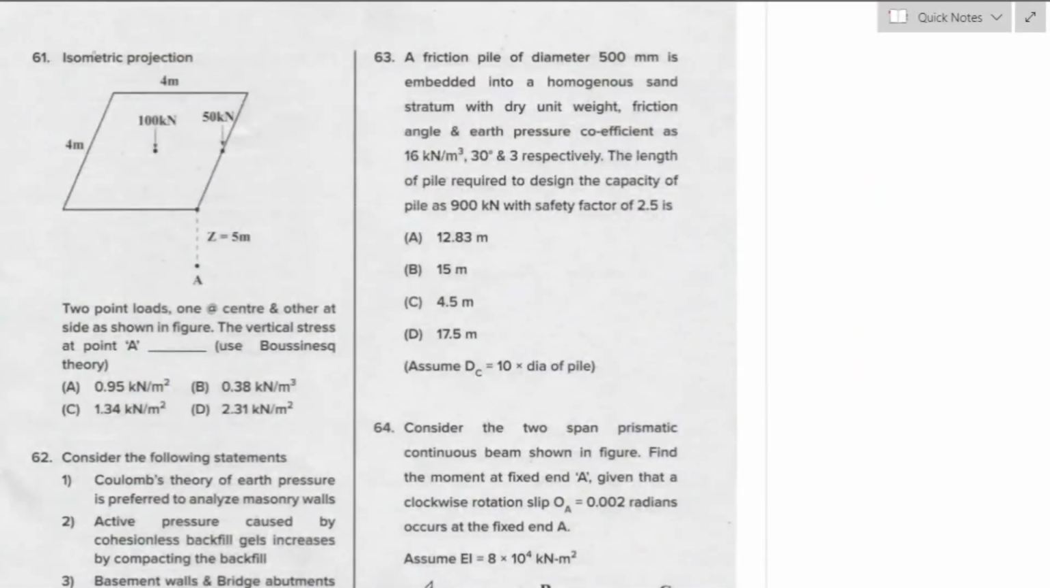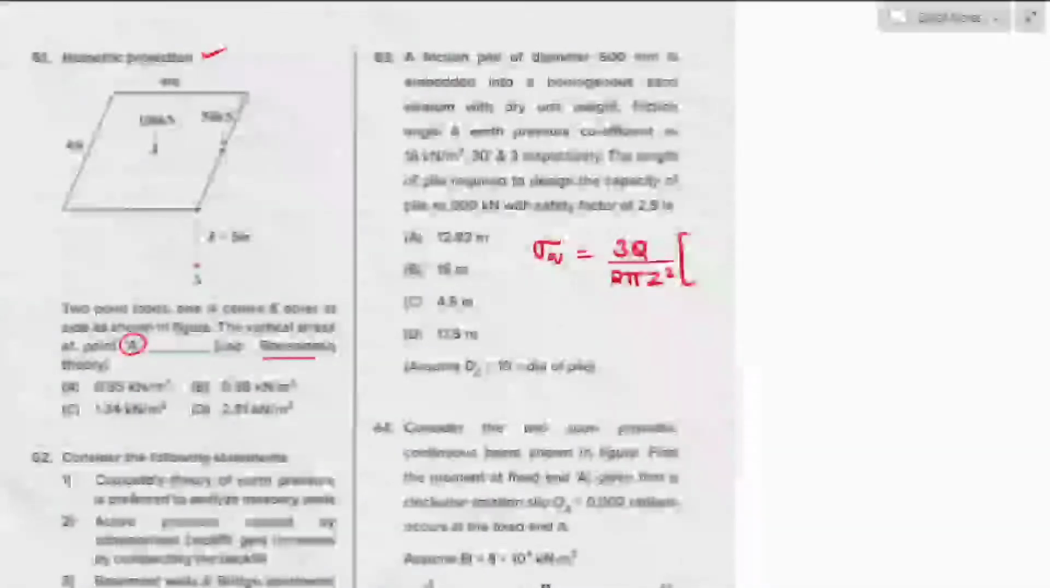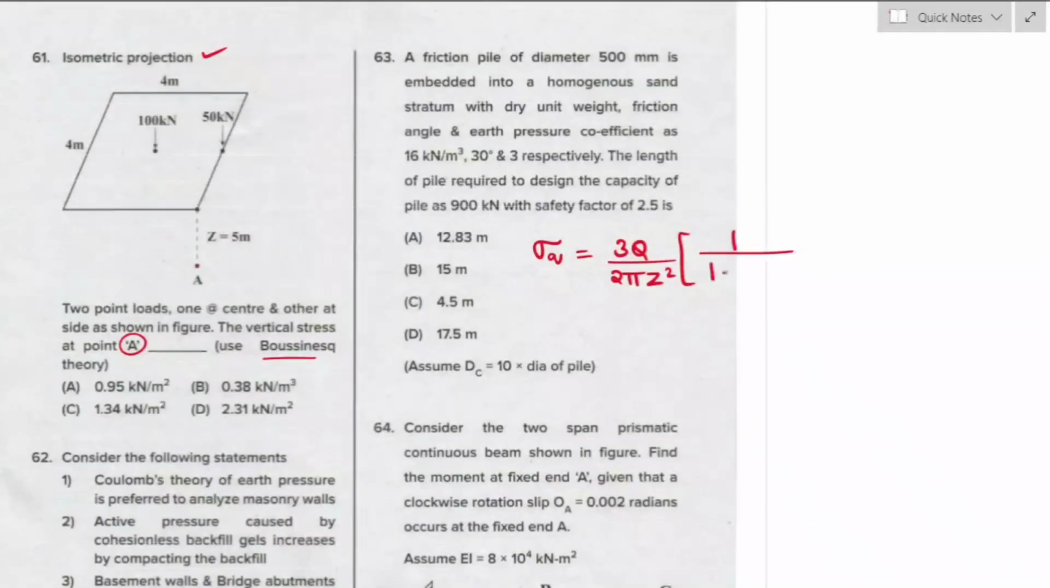Question number 61. 2 point loads, one at the center and another at the side as shown in the figure, is given in the isometric projection. The vertical stress at a point A. So this is the point. So we have to find the vertical stress using Boussinesq equation theory. So according to Boussinesq theory, the intensity of the vertical stress is given by the formula 3q divided by 2 pi z square into 1 divided by 1 plus r by z square to the power of 5 by 2, where q is the